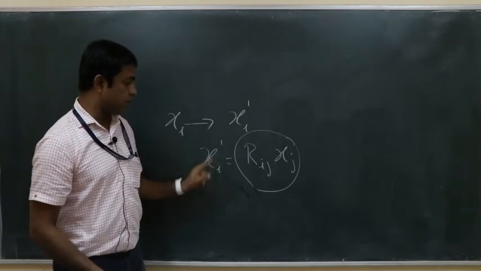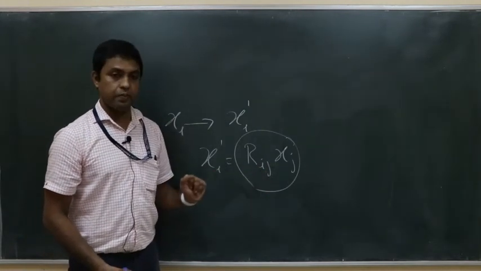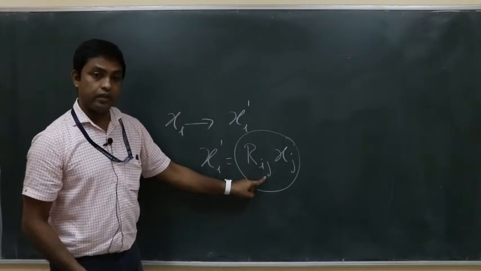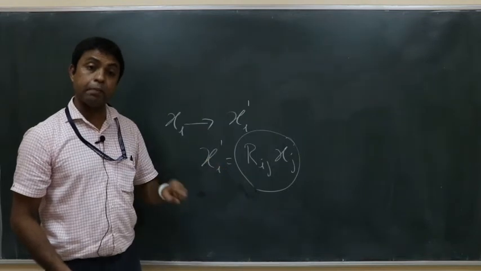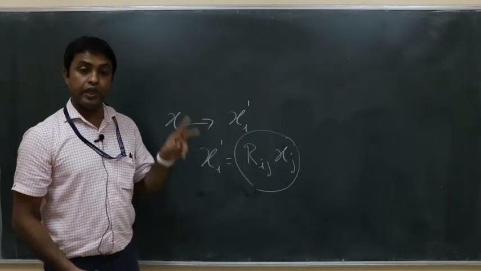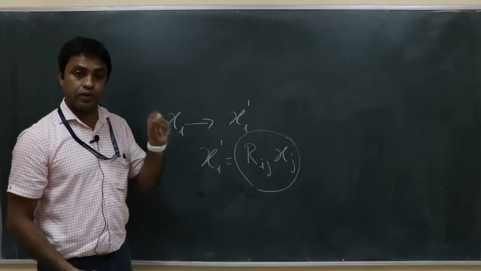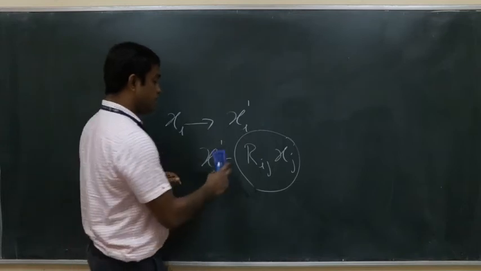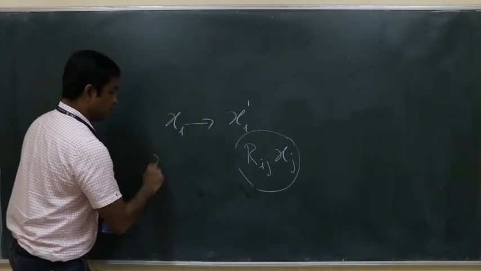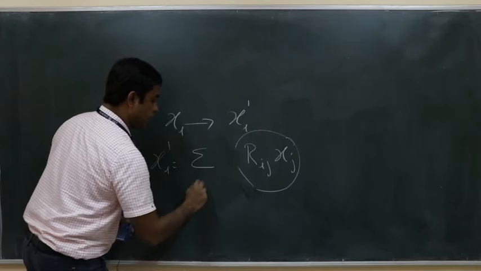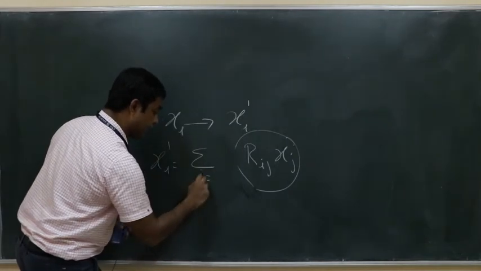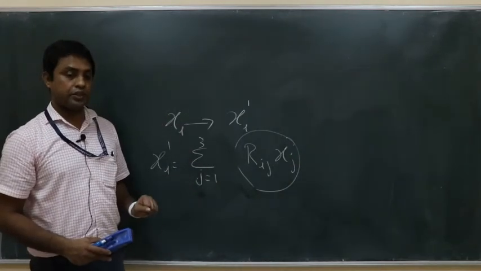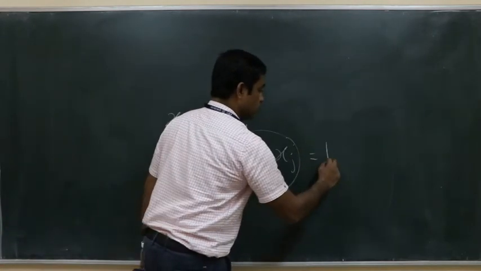So I is here, this term I is there, and this here there is an I. Okay. So what does it mean? If there is a dummy index j, what does it mean? That means that there is a summation over that j. So if an index is a dummy index according to the summation convention, it implies that. So basically this is the summation over j from 1 to 3 of Rij xj in three dimensions. Okay, so this is actually the expression. So if you expand this, what is this equal to?